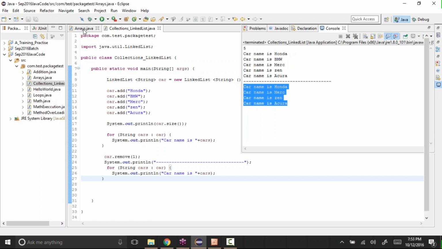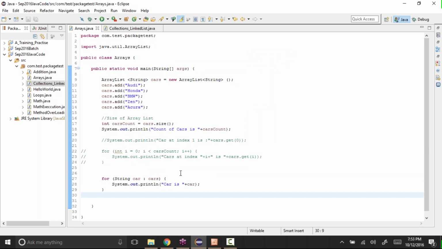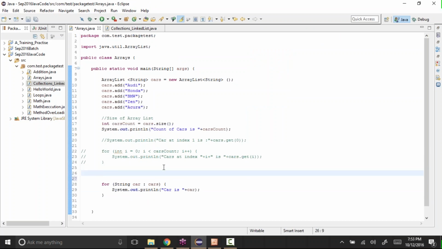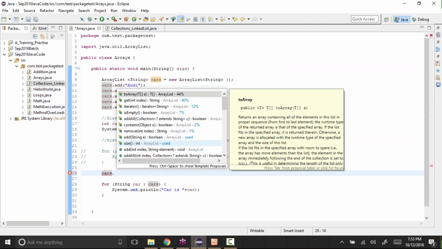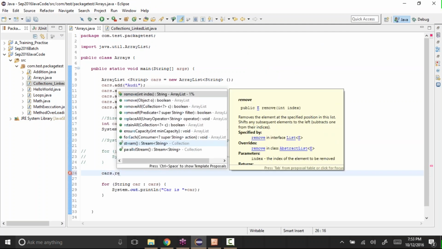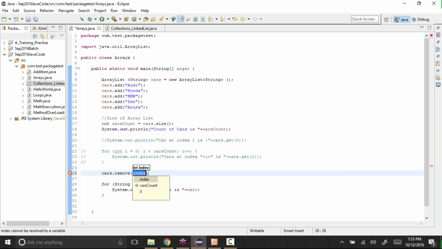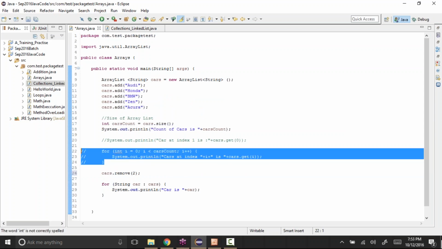In the same way, even in the array list we can delete. Same thing: cars.remove and the location. Let's say I remove the second location, and I'll uncomment this so that we can see.